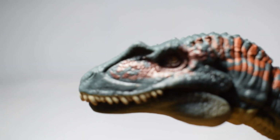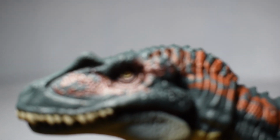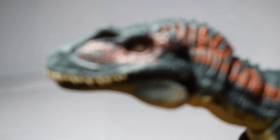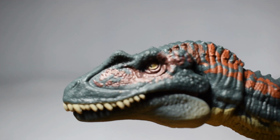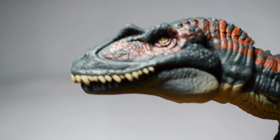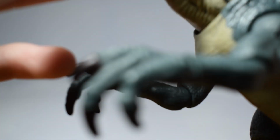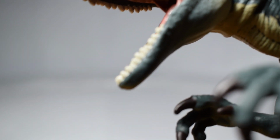So if we look, this one, unlike the other ones, there we go. Or not. Here we go. You can see the eye is printed on, and actually it looks pretty good for a printed eye. Of course, its mouth opens. It doesn't have as good of a mouth to open as like the Carnotaurus or the T-Rex, but it does open. The teeth, if it'll zoom in a bit more, the teeth,